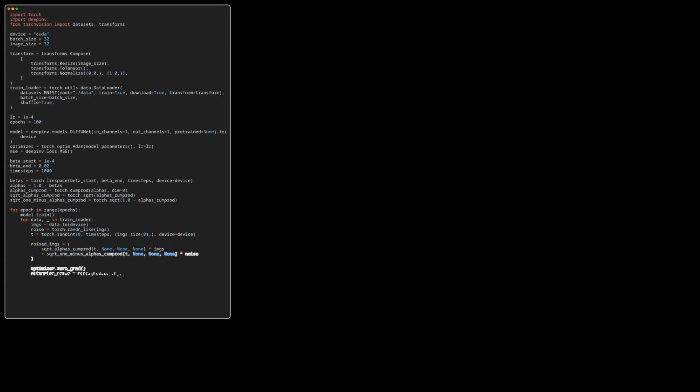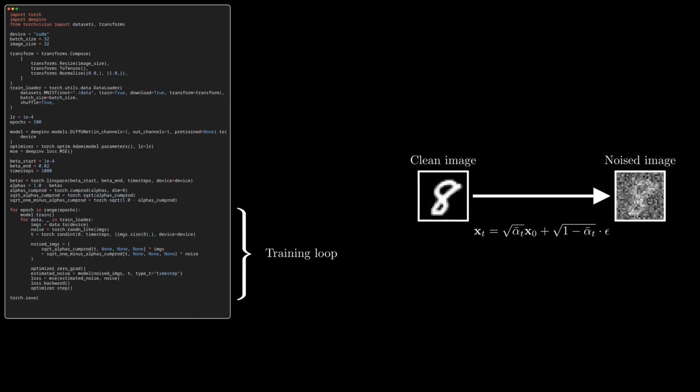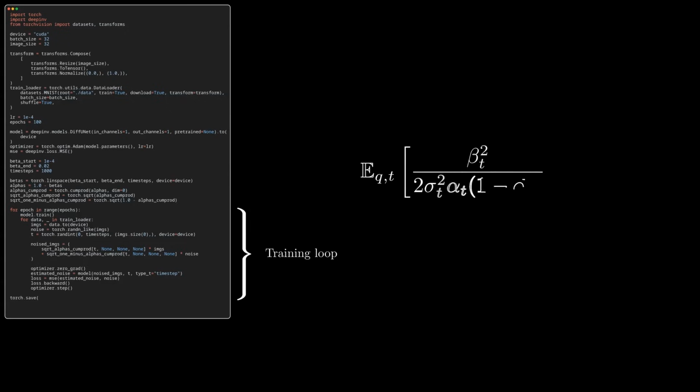Now that the constants are set, we can start the training loop. At each step, we sample a random time step t between 0 and 1000 and draw a noise sample epsilon from a standard normal distribution. We then compute the noisy image using the variance-preserving formulation we derived earlier. As you can see, the formula we use in theory is exactly the same one used in the actual implementation. This noisy image and the time step are then fed into the network. The model outputs the estimation of the noise present in the image, and we compute the loss between this prediction